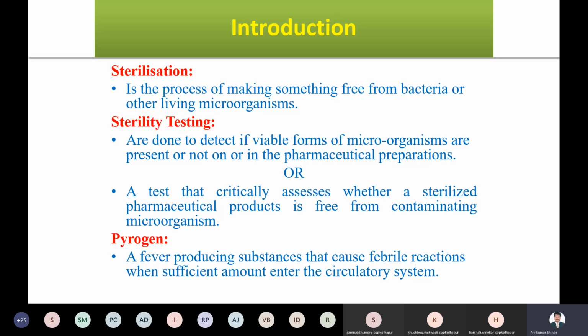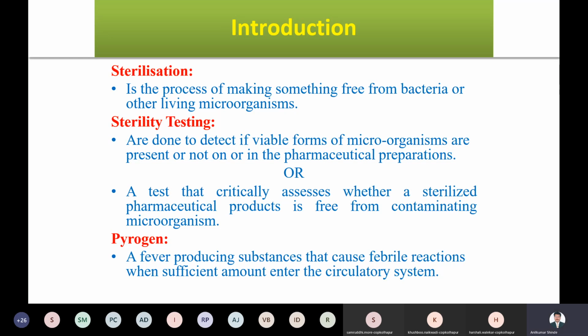Understand it? So if you have a contaminated product administered to your body, it will give some reaction, and this is a febrile reaction. Febrile reaction means the fever of your body increases above normal temperature. The normal temperature of the body is 37 degrees centigrade. If the temperature increases up to 40 or even 50, that is the problem of the pyrogen. So before administration of any parenteral formulation, be it injections or infusions, it should be free from bacteria.